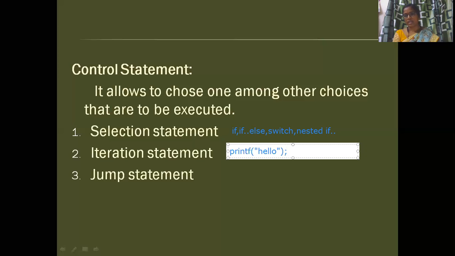But if I want to print the same thing 100 times, you have to write the same sentence 100 times. If it is 1000, you have to write the same thing up to 1000 times. To avoid this, we have statements called iterative statements. The other name, we also call them looping statements. It loops according to the condition.